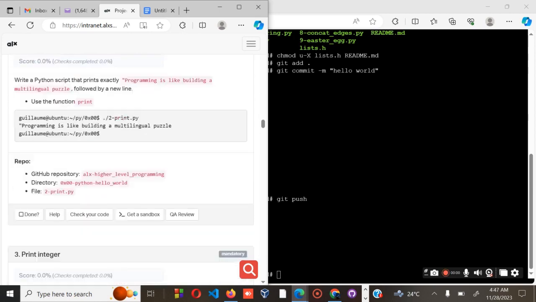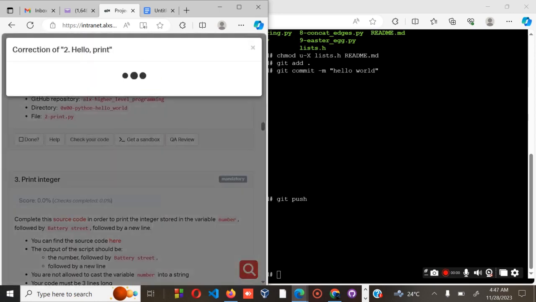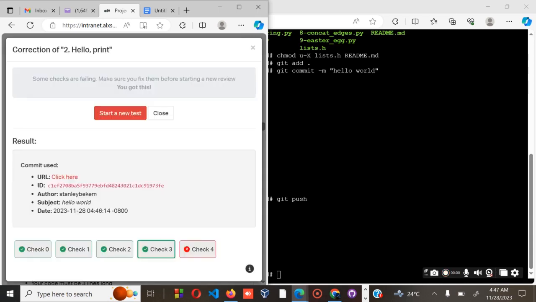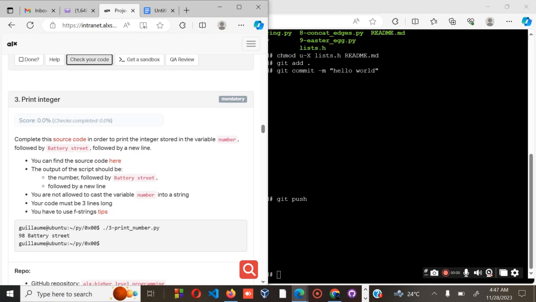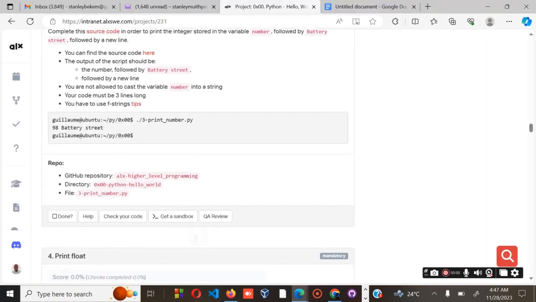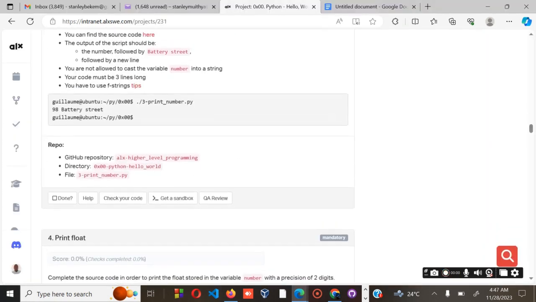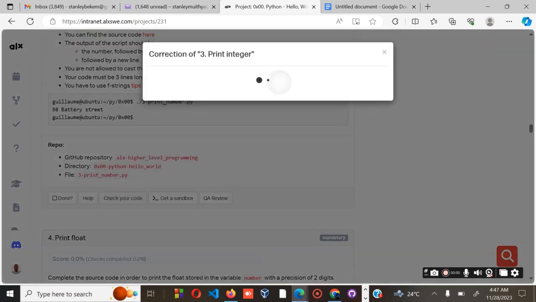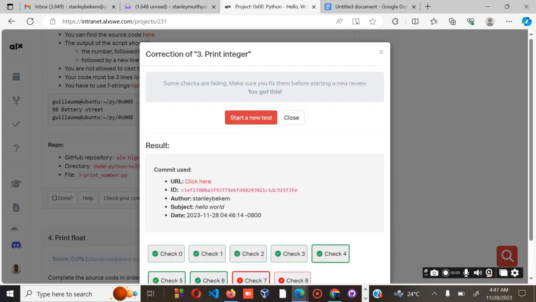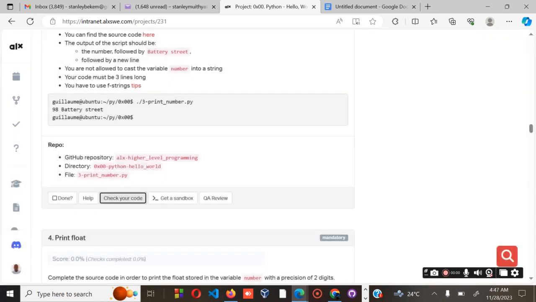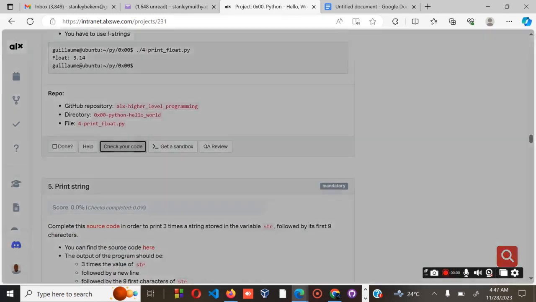Same with this one. There's a mistake there. So it seems that there are a few mistakes which are rectifiable, which I'm going to do after I've confirmed